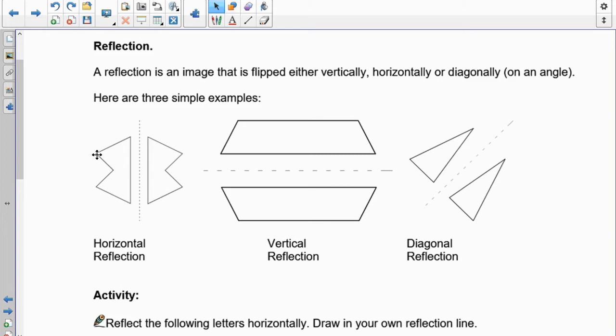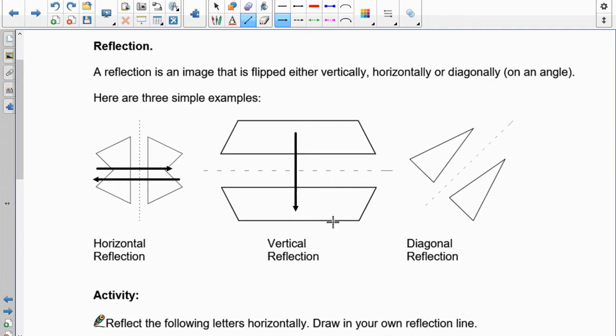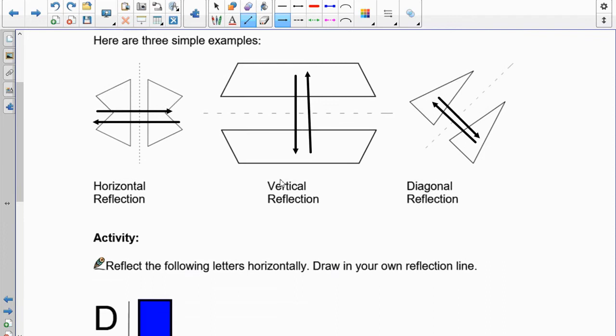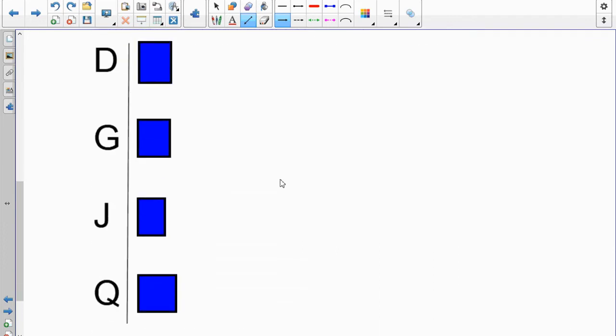This is one here. There you can see my object, and there's one over there. Now this object is moving, and that's how you name the type of reflection it is. This is going from this direction to that direction, or it could be going from this side to that side, depending on which one was the original, right? But this is moving horizontally. Think of horizon, right? This one here is moving up or down, depending on which was the first, right? So that's a vertical one. And of course, if you're going to come sideways on something, we are going to have what's called a diagonal. And the other word you may hear is oblique, which is also a way of saying an angled reflection. All right, so what I want you to do is